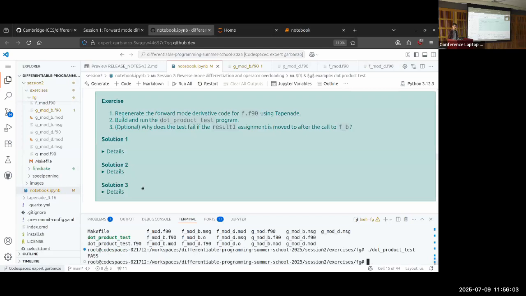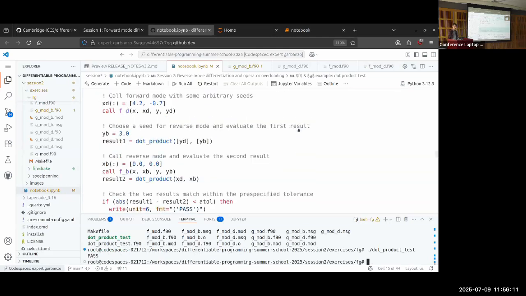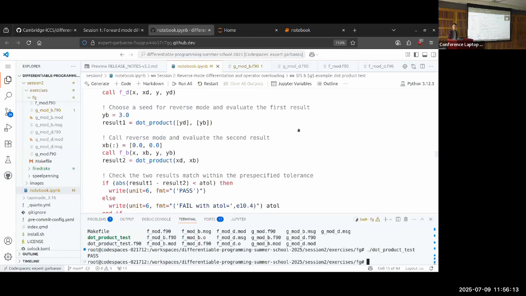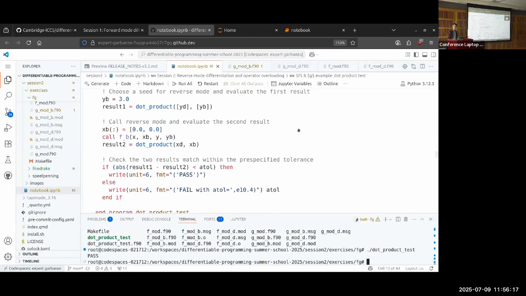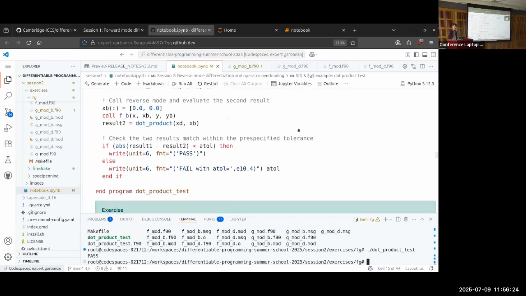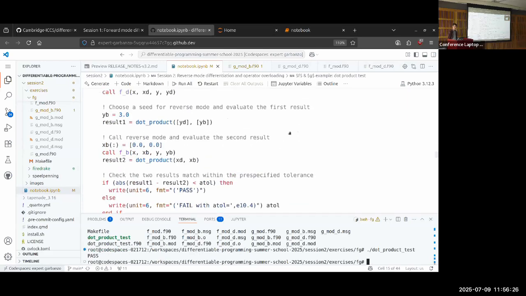Did anybody have a go at the third optional one by any chance? Yes, what did you find? Do you know why it failed? Why YB gets set to 0 by the reverse mode. Exactly. Sam pointed out that if we change the order of these lines,